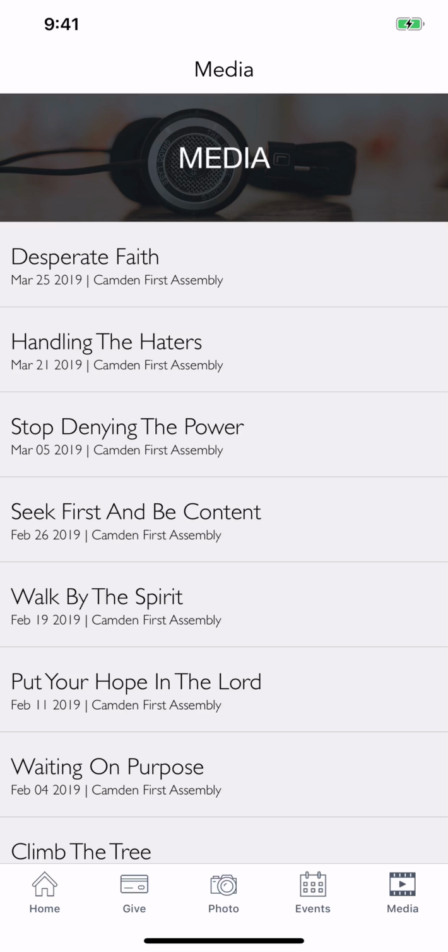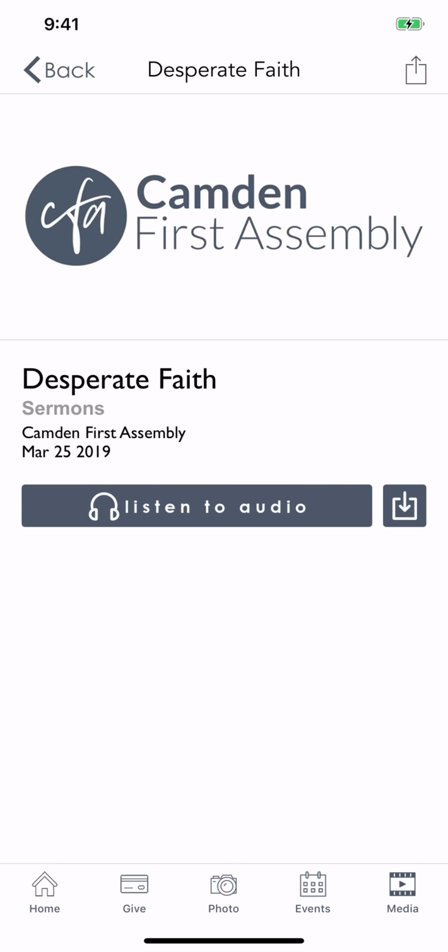And you can see this takes me to a list of all of the different media available from Camden First Assembly. So I can choose any sermon here. So I'll just choose the newest one, Desperate Faith. You can see it takes me into where I can listen to it or download it. So you can see obviously it says listen to audio, which will take me to where I can stream the audio, or there's that arrow pushing down, and if I select that, it will take me to where I can